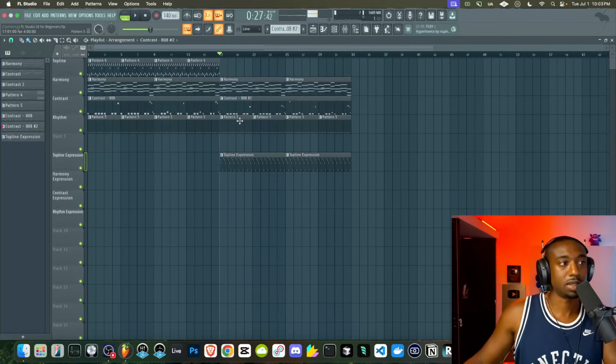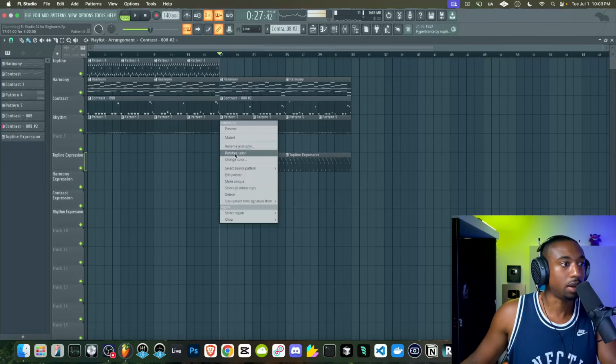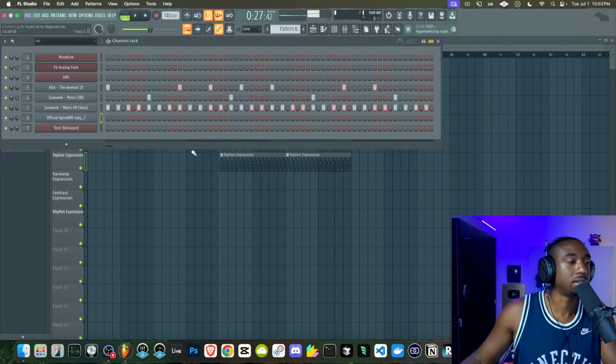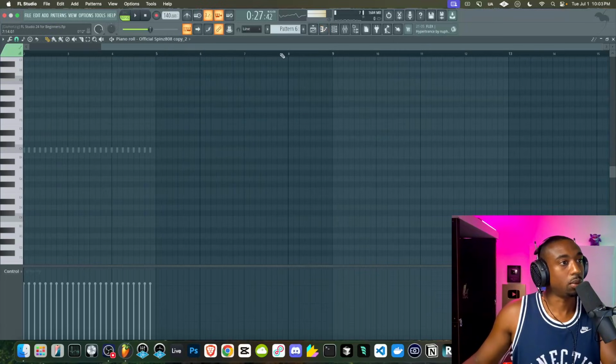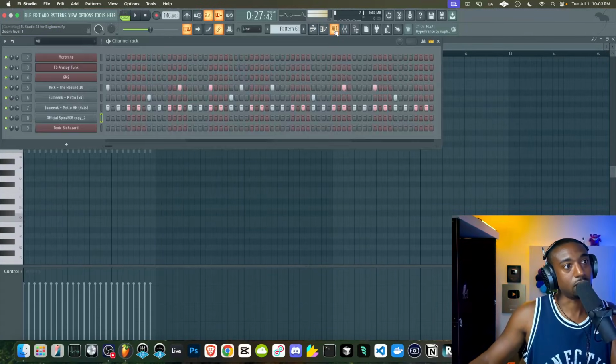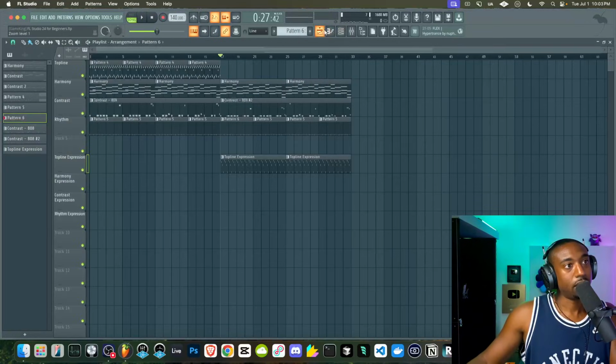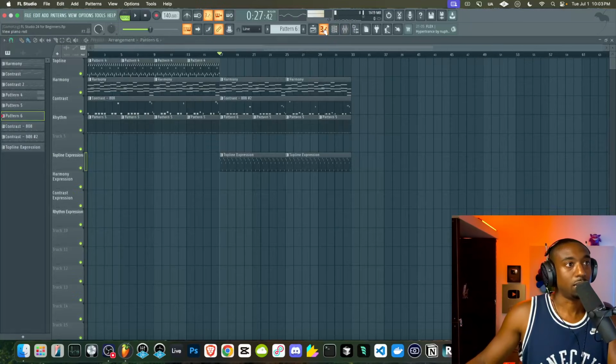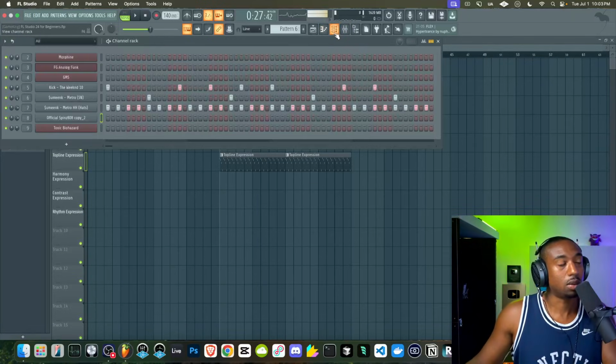So let's say I want the drums to change a little bit. Let's go here to where it says pattern 5, make this unique. And I want it to go like, so let's click in here, double click, it will open up the channel rack. We can open up the channel rack here, this button. Clicking everything wrong. Okay, let's do this again. Double click in the pattern 6, get out of the piano roll here, open up the channel rack here.